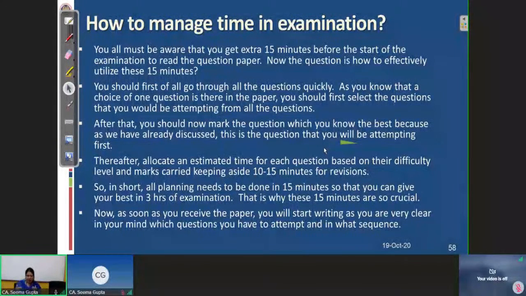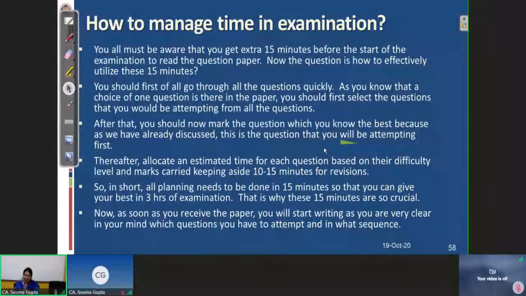You will be able to know that these are the things which I did not write in my answer. So this is the marks I should get out of 10. I should get only 5 marks or 6 marks. These are the significant points which I missed. These are the pointers which I missed. So you keep a note of it, so that next time you do not make these mistakes and you can achieve more marks.